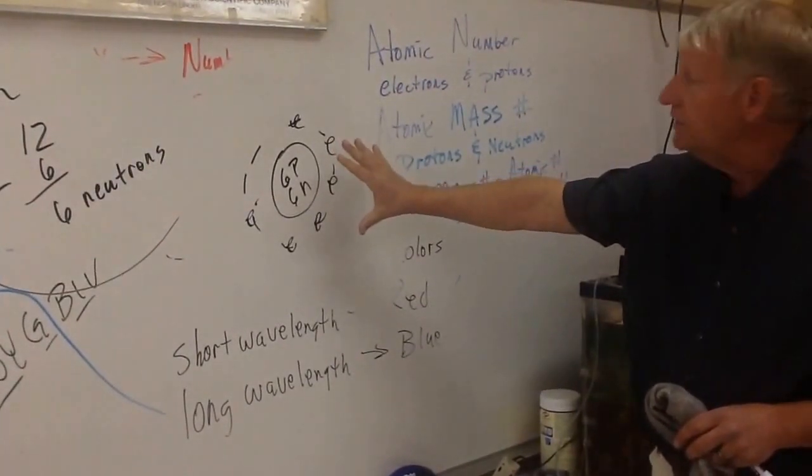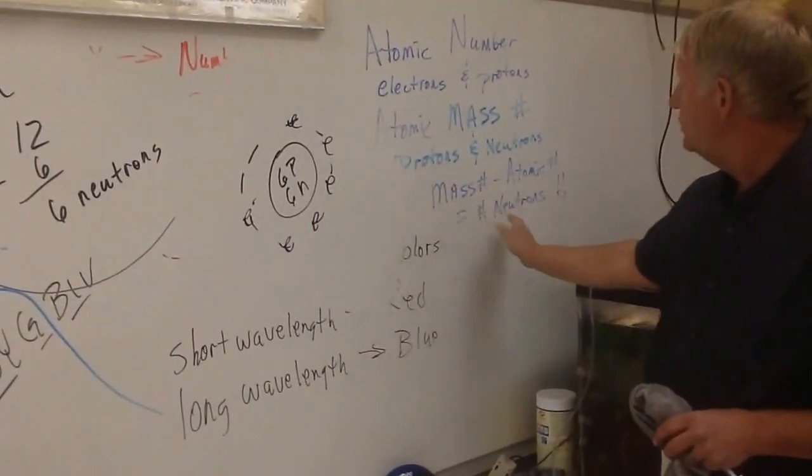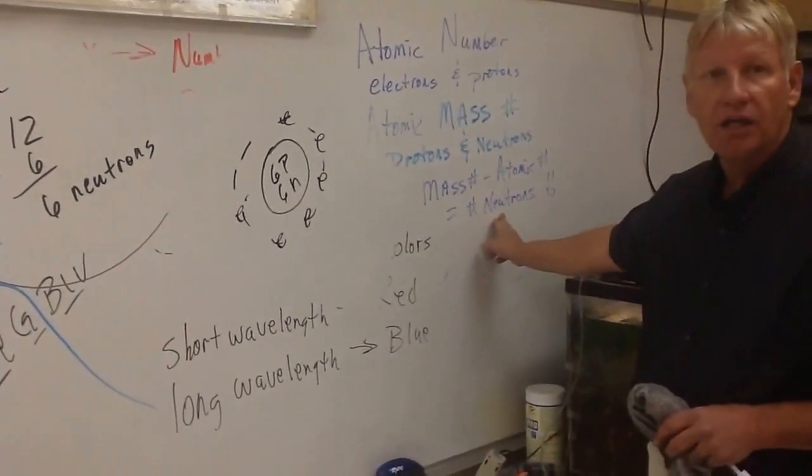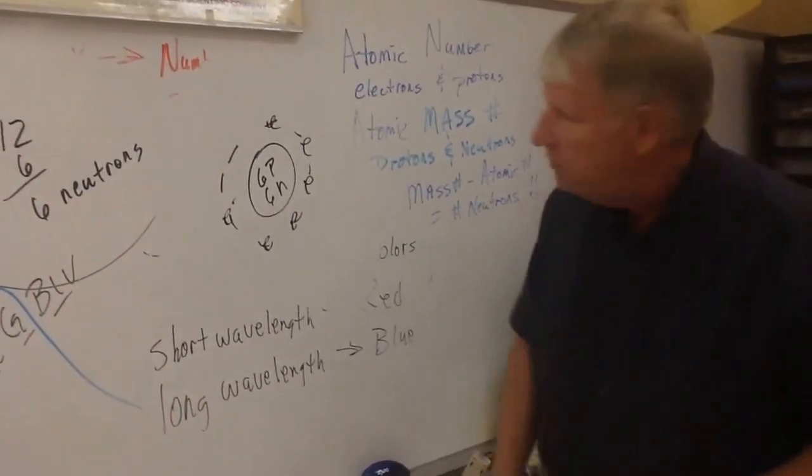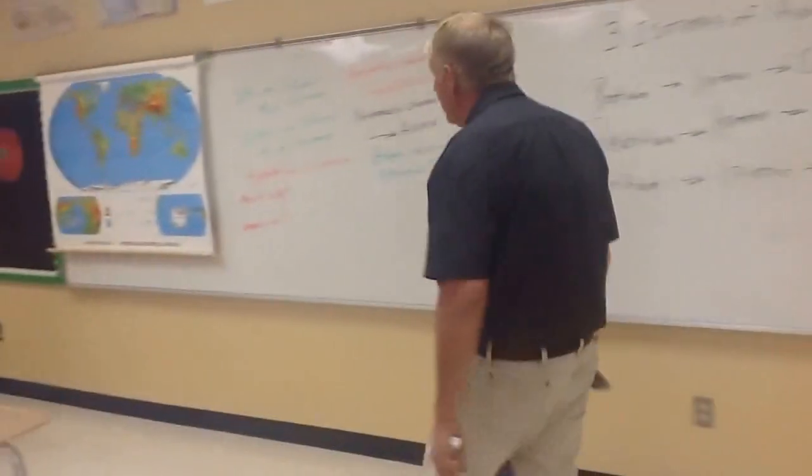Now we know, and we're going to get to more and more of the development of the electrons and the atoms, but right now we just learned how to calculate the number of neutrons. Now, let's move over to the other board. Everything that we showed you on the periodic table there is in the